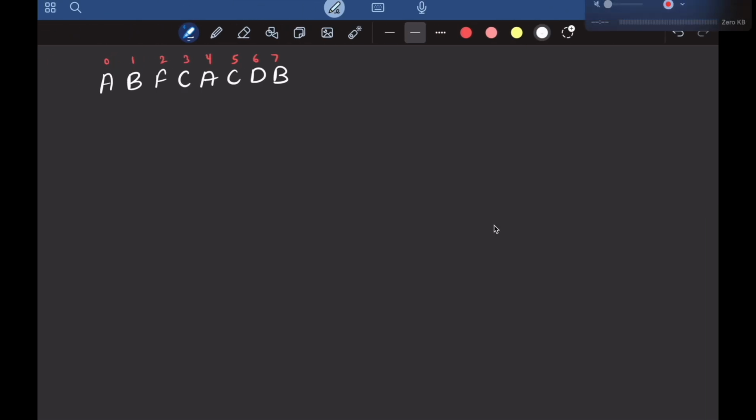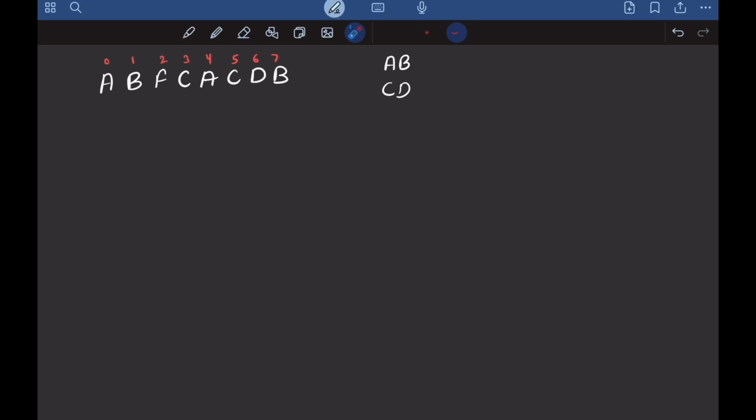So what they are saying is that you are given this string, ABFCACDB. Now you need to remove all the occurrences of the substring AB and CD wherever they are occurring. Another point they are making is that whenever you remove any occurrence of AB or CD from the string, the remaining string will concatenate. That means if you see here, I have one CD. If I remove these two, then my string will become ABFCAB. This will be the remaining string.